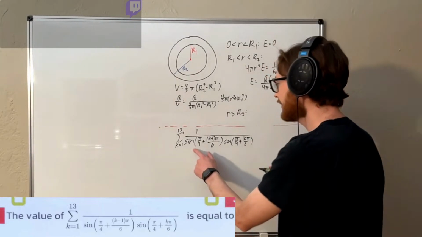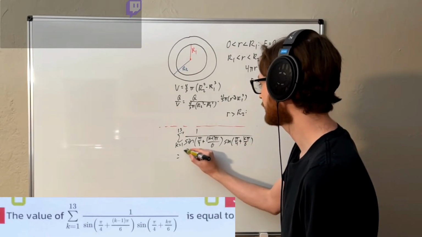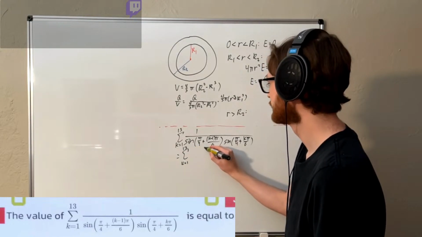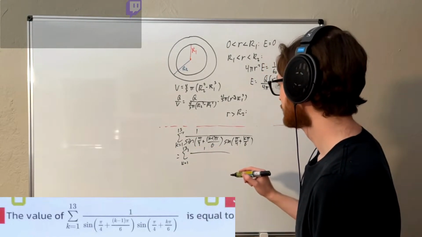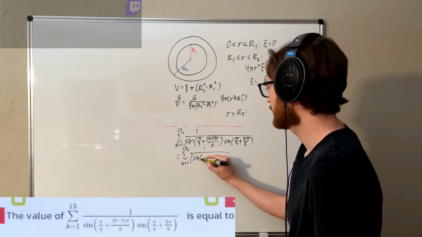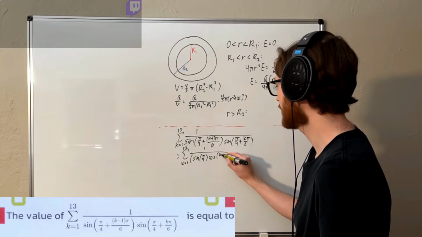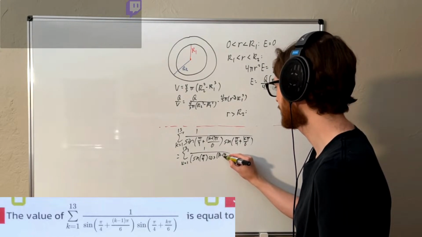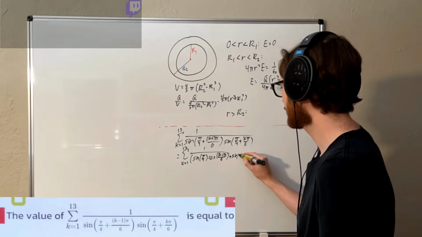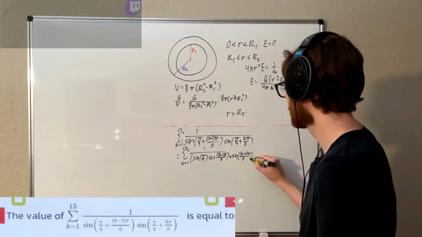So applying the sum identity to that first sine, I need to come down here for it. We're going to get sine pi over 4 times cosine k minus 1 pi over 6 plus, now we switch them,